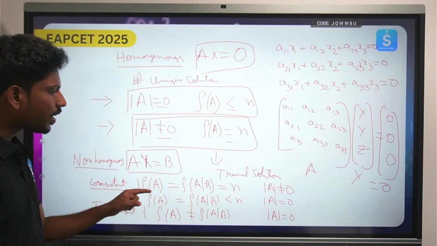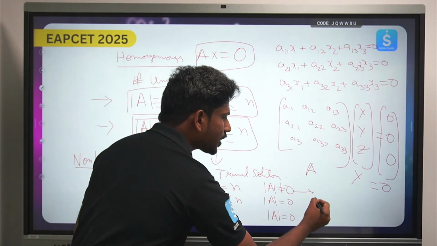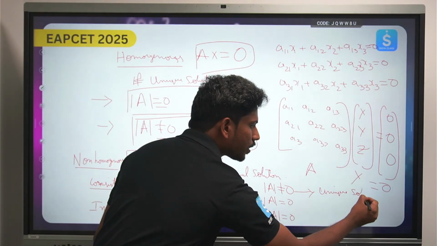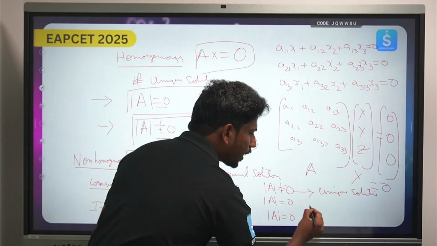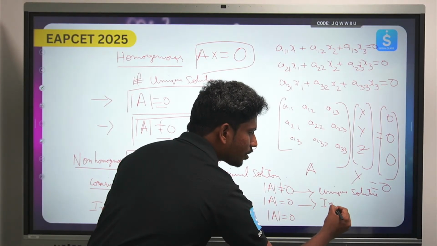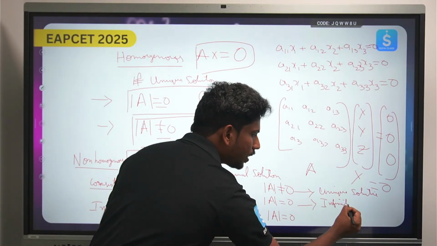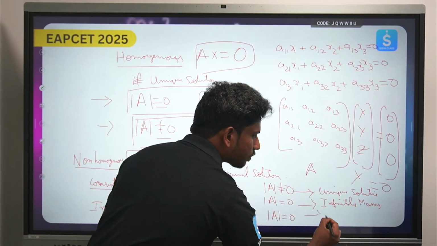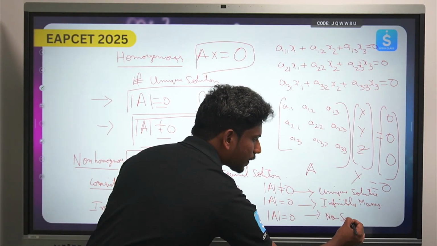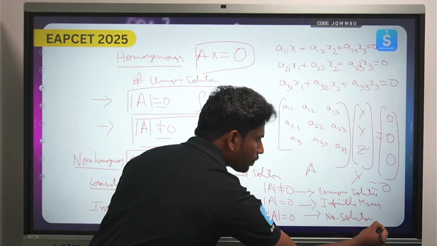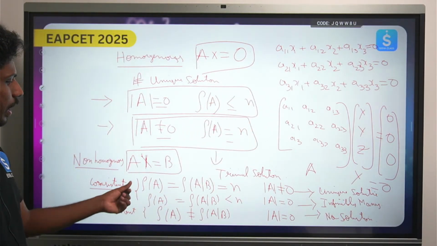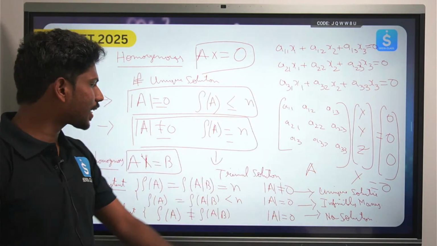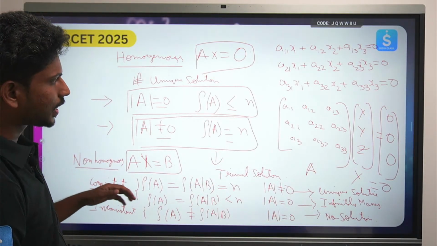Okay, the first one here we get, this is the unique solution. Here I get the infinitely many solutions, and the last one is no solution. Okay, I hope meeku ardhamai untundi. The first one is the, if I say that rank of A is equals to rank of AB, ఈ AB అనే మ్యాట్రిక్స్ ఎలా ఉంటుందంటే, సో if I have to just explain you here,